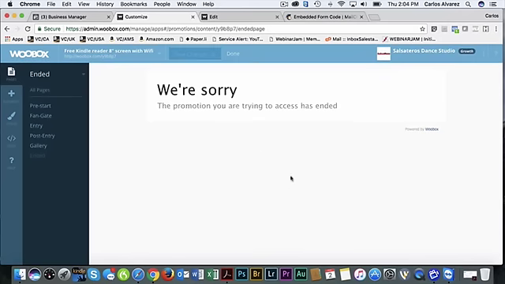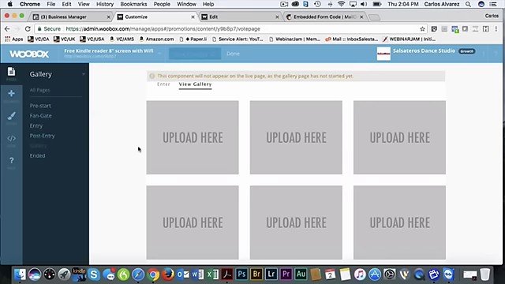Now, once you've finished that, you want to move to your gallery. And gallery is an often overlooked part of the contest. There's a lot of things you can do here in the gallery. You get access to all of the same stuff. You can add videos. This background doesn't have to be white. This background can be a nice wood background or space in the event of Star Wars. It can be anything. You really want to jazz this area up, because this is the area where people are